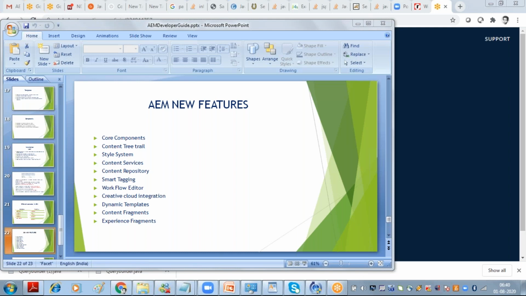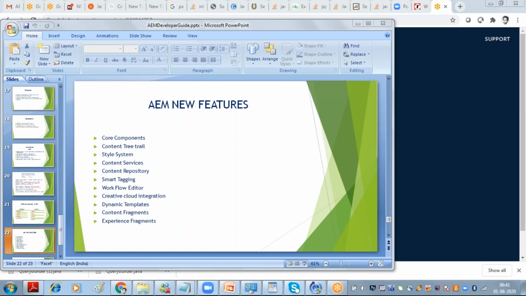But now you won't be able to understand which component it is. So there is a facility called content tree. You just need to go to the content tree. From there, you can find all the components, select that component and author it. I'll show you when your instance has started.